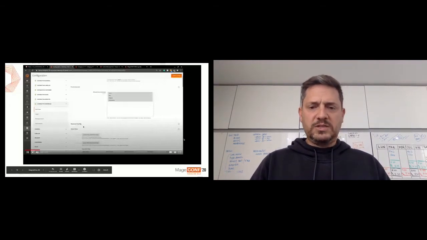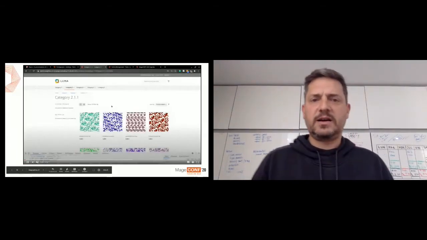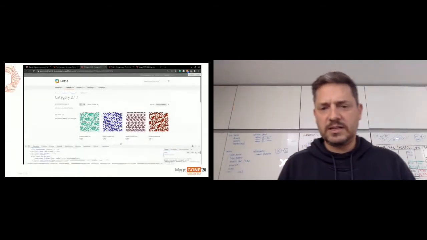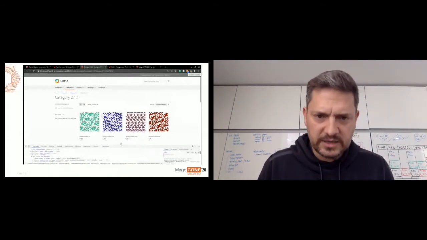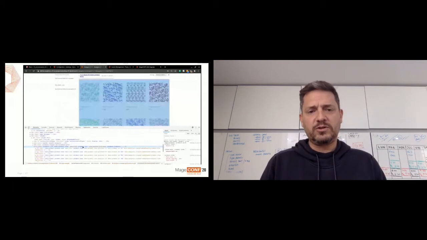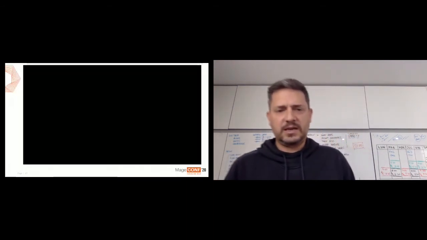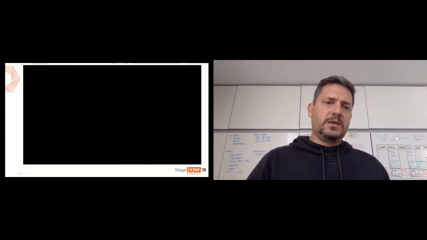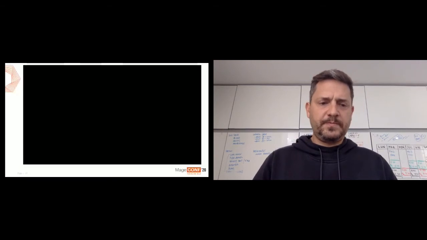So in this video, you will see the front end. It's a Luma, totally standard Luma configuration and front end by default. And as you can see, we are inspecting the elements, okay? And you'll see that we populate the roles in the front end in order to identify it in our analytics extension. Okay, so we'll go to the next one.